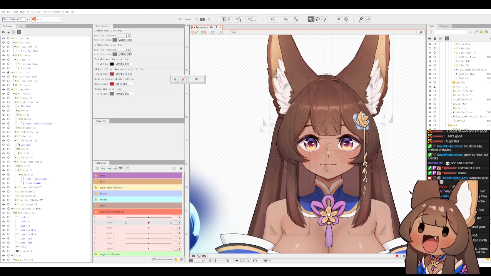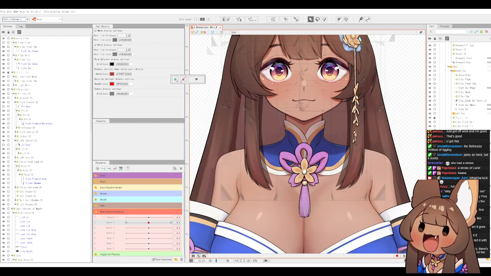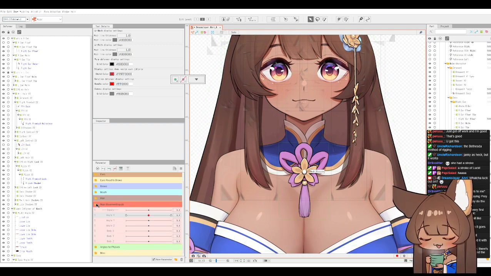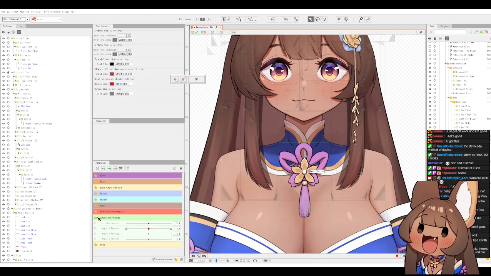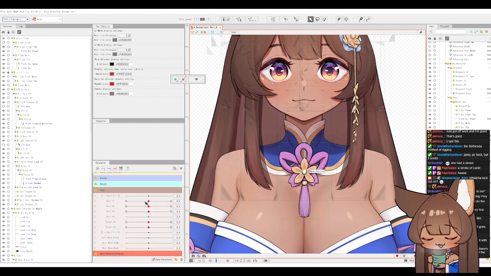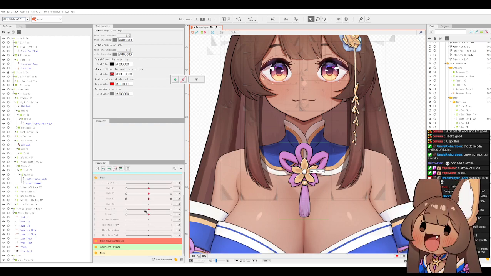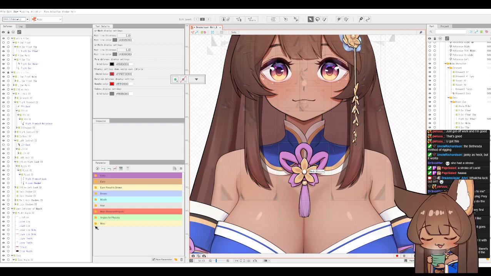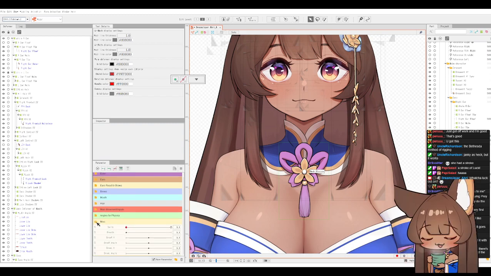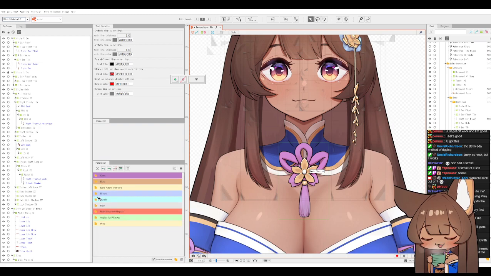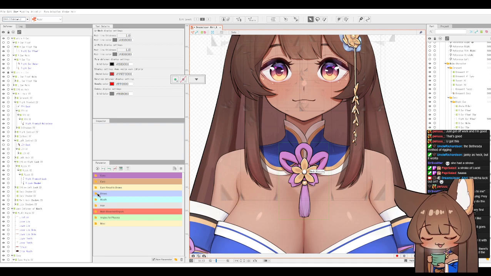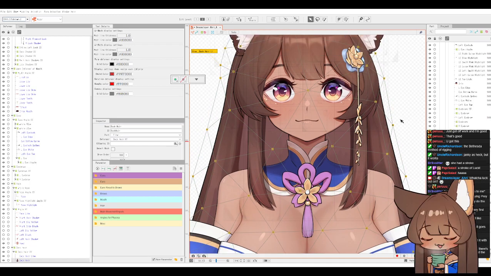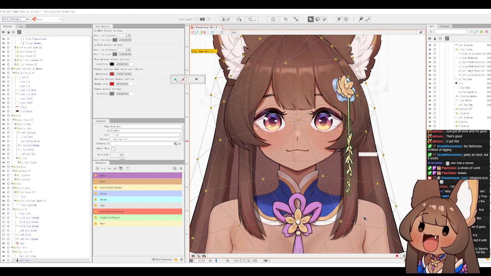There is something I wanted to do that I've been kind of holding out on for a while, which is... I want to add... I have a bunch of hair parameters, but I also want to put accessory parameters. Okay, so like you saw, I made her thingy and thingy. Remember,